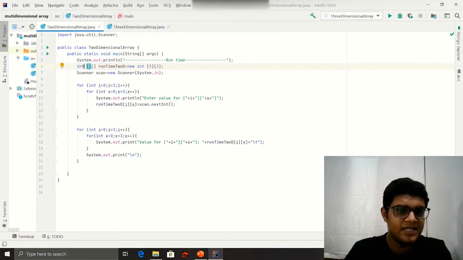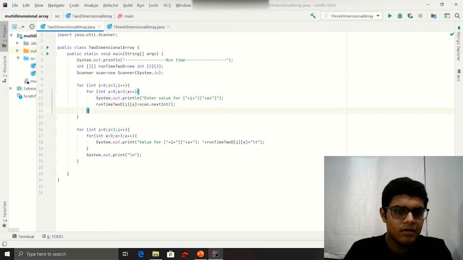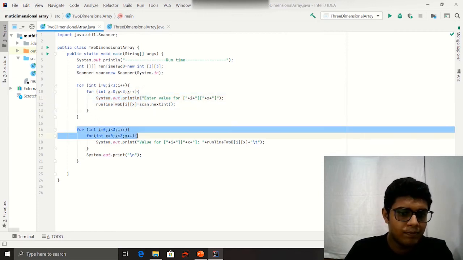The data type is integer, then two square brackets because this is a two-dimensional array, and the array name, and we have to create objects. There are two dimensions and we create a scanner object because we are getting input from users, and there are two for loops to initialize the values and two for loops to print those values. Let's run this program.